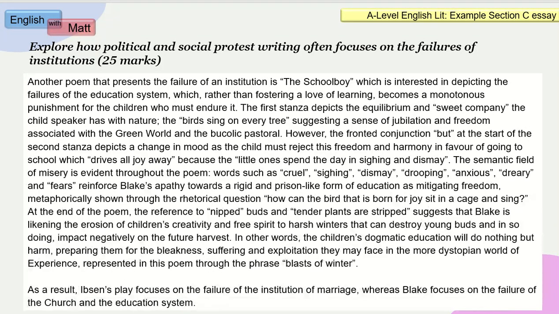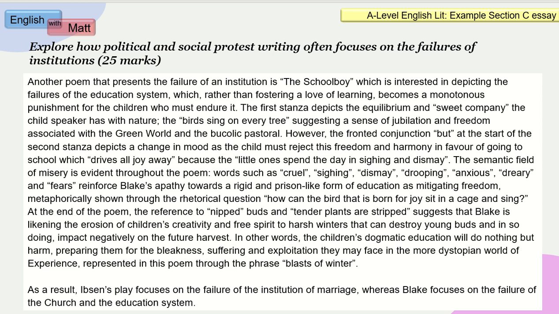And the essay finishes by talking about The Schoolboy. Another poem that presents the failure of an institution is The Schoolboy, which is interested in depicting the failures of the education system, where, rather than fostering the love of learning, it becomes a monotonous punishment for the children who must endure it. The first stanza depicts the equilibrium and sweet company the child speaker has with nature. The birds sing on every tree, suggesting a sense of jubilation and freedom associated with the green world and the